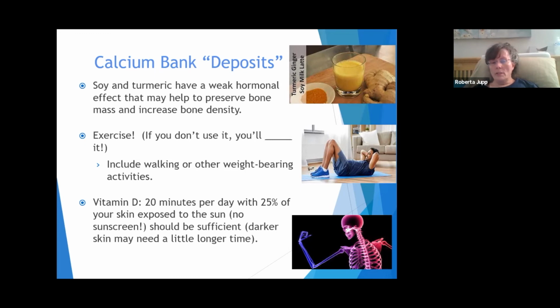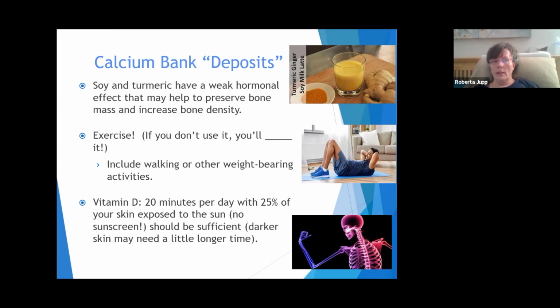So the lab says that your vitamin D level should be at least 30, but a lot of these lifestyle physicians, like Dr. Clark, an orthopedic surgeon, and some of the other experts that are lifestyle physicians, are saying that vitamin D should be at least 50. The level should be at least 50. And if your vitamin D level is good, that's really going to protect your bones and your immune system too. So it's an all-around good thing to have your vitamin D where it needs to be.